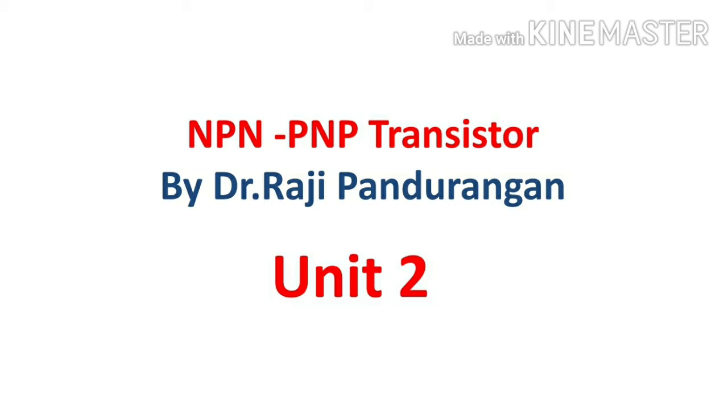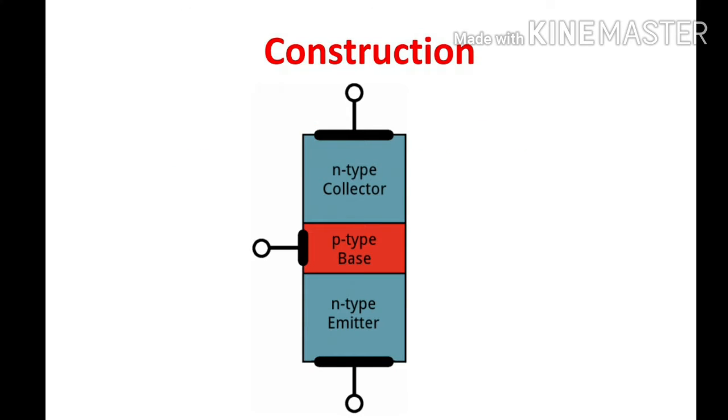So first of all, what is a transistor? A transistor is a semiconductor device which has 3 terminals, 3 layers and 2 junctions. These layers are N-type and P-type impurity. So N, P, N forms as cascaded layers. The meeting point of N and P forms junction 1. The meeting point of P and N forms junction 2. The first junction is called the emitter base junction. The second junction is the collector base junction.